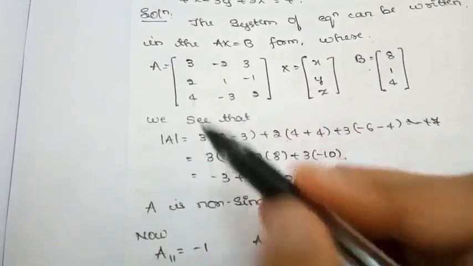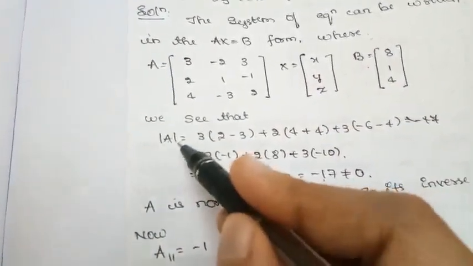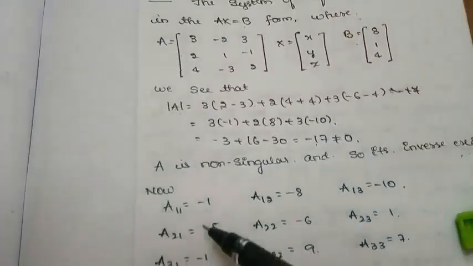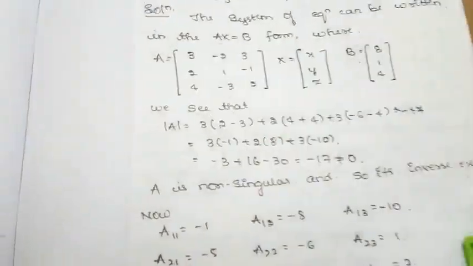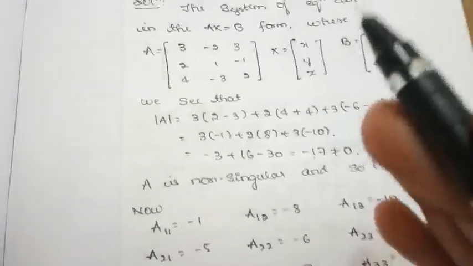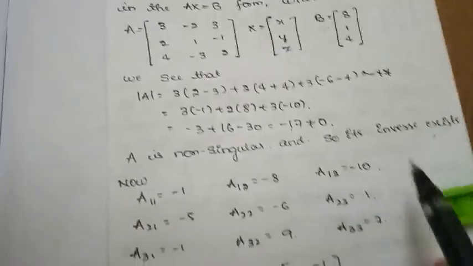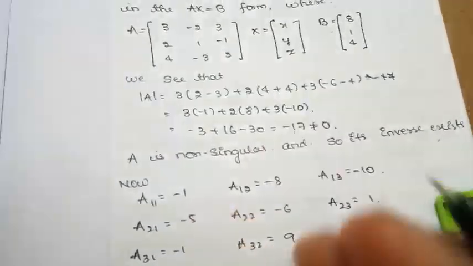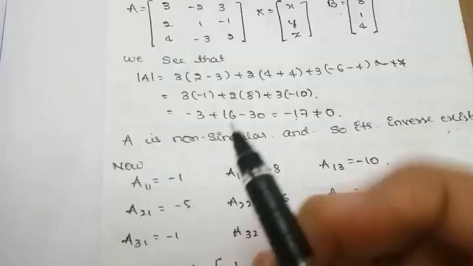And to find the inverse, what all did we need? We need the determinant of A as well as the adjoint of matrix A. So we need to find the adjoint of matrix A. While solving this type of question, you must be fast enough to find the adjoint, because it takes some time, but practice seriously makes you as fast